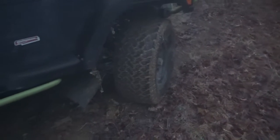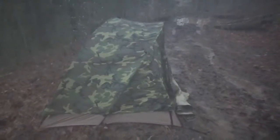I turned and locked my steering all the way to the left, so if it did consider sliding or rolling, it would roll back into that tree instead of into me, preferably. At least that's the idea anyway. And also, I've got the parking brake on and I left it in gear. So, it's in gear, that's one. Parking brake, two. The rock and the log on the back tires, that's three. Turning the wheels so it would roll in the opposite direction of where I am is four. That's four measures of keeping the vehicle from rolling or sliding back into my tent, which is generally pretty important,